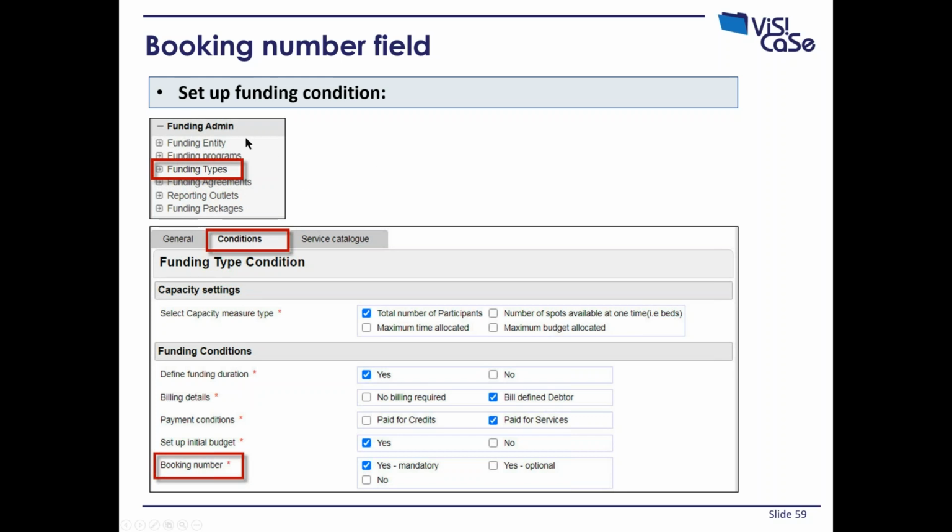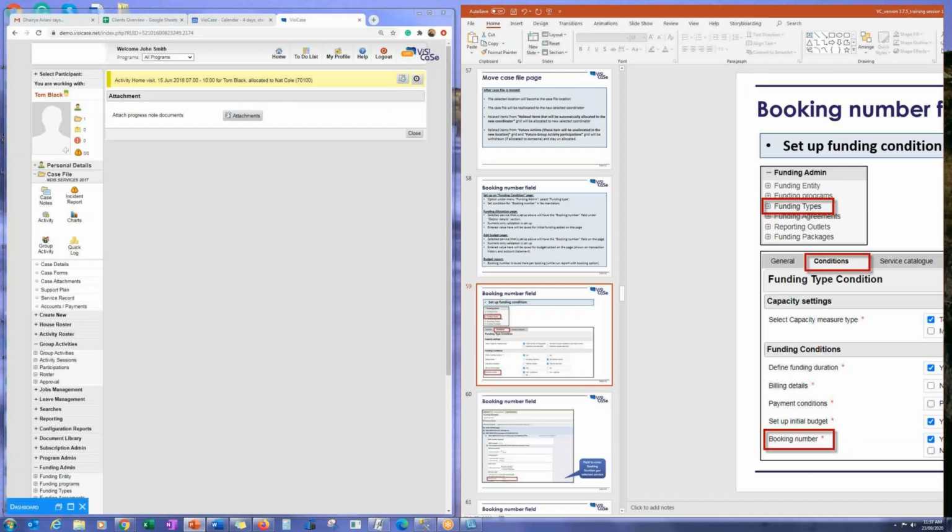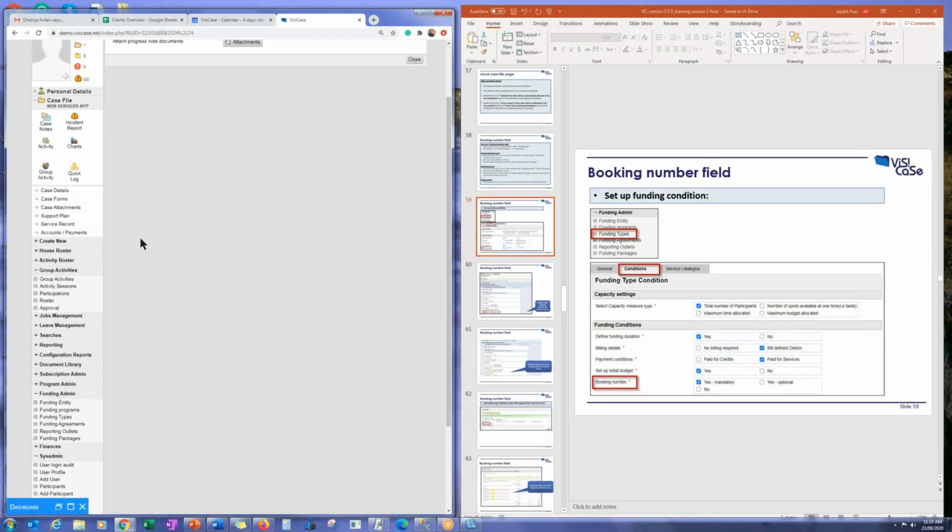Only the sysadmin, I think, have the access to this funding admin. So once you go to the funding admin page, you go to the funding types. After clicking on funding types, you will be redirected to the funding types. I can quickly show you in the system. Okay, for example,